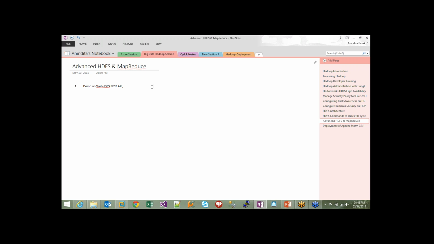Okay, so what we were discussing about the WebHDFS REST API. We would be talking about the WebHDFS REST API first of all, and we would go through a demo on WebHDFS REST API. Basically, we'd be covering standard HTTP operations